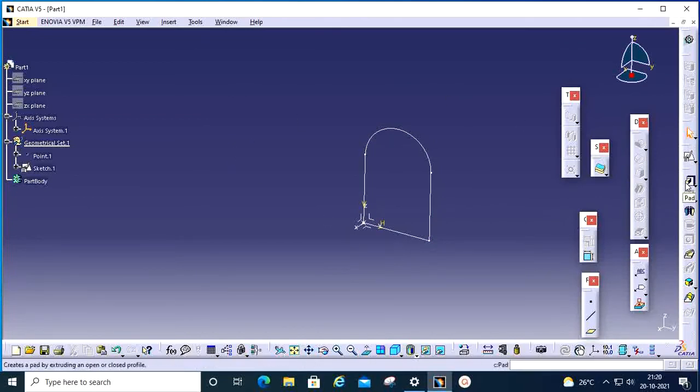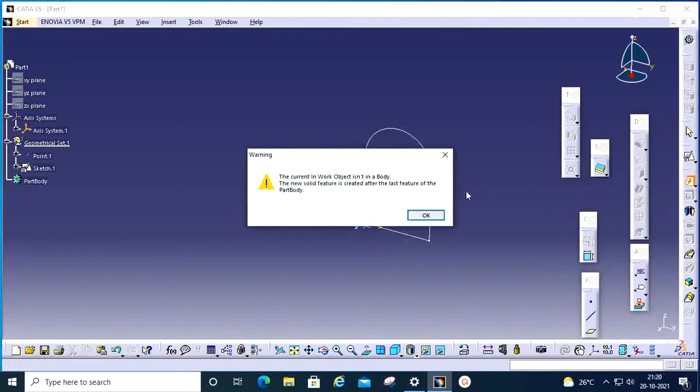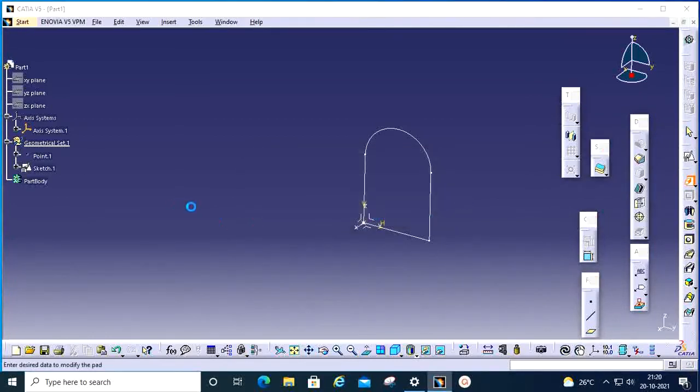So here we have an extrude. Extrude means it is a pad. See, whatever sketches and points we created, it is coming under this geometrical set.